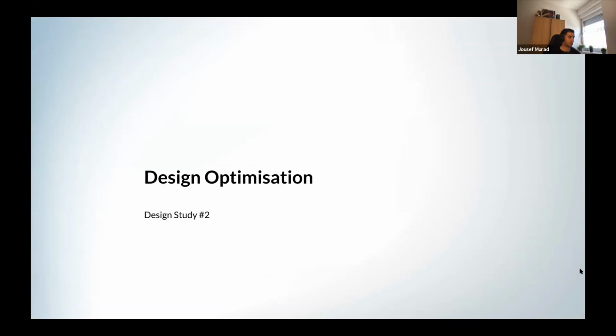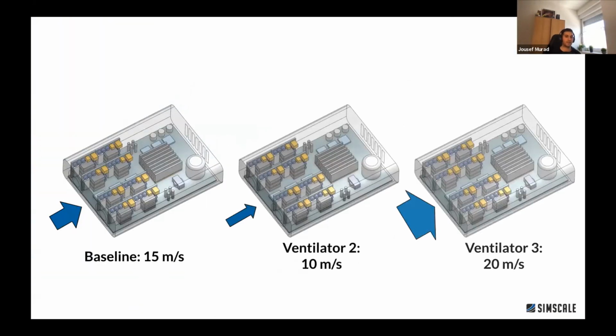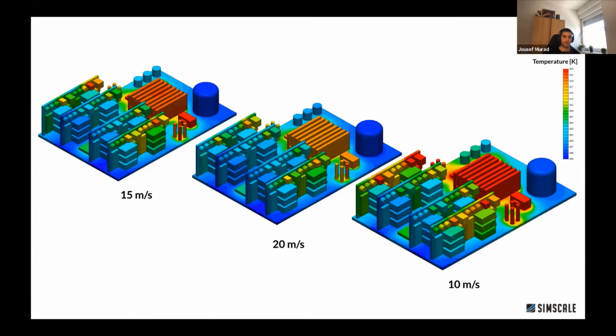So quickly having a look at design study or optimization number 2, we varied the design by having a baseline design with an inlet of 15 meters per second. Then we go 10 meters per second and then 20 meters per second, and then basically see how the temperature behaves. Right. So what you can see, and what you would also expect, is that with the slowest velocity you would have the highest